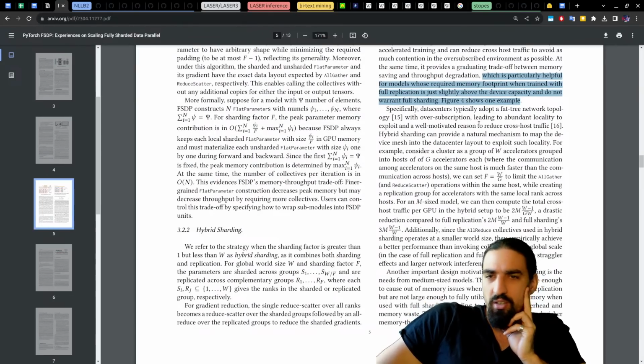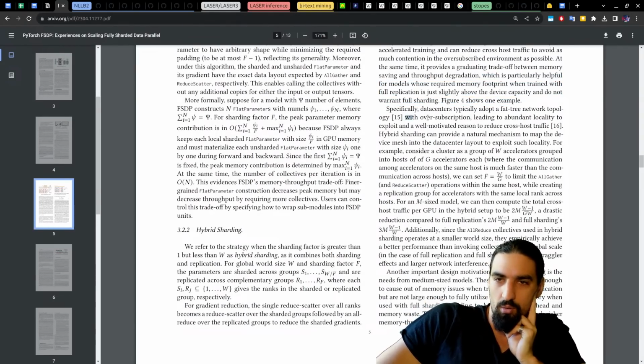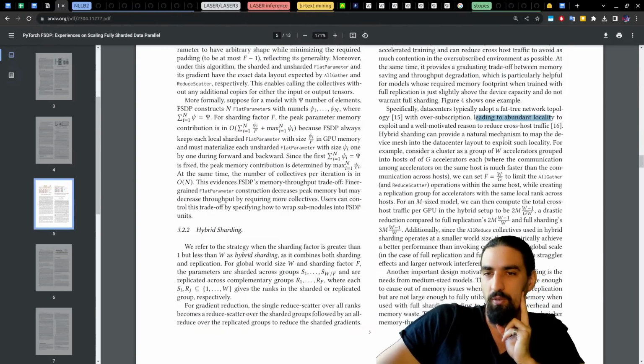Okay, specifically data centers typically adopt a fat tree network topology with oversubscription, leading to abundant locality to exploit and a well-motivated reason to reduce cross-host traffic. Hybrid sharding can provide a natural mechanism to map the device mesh into the data center layout to exploit such locality.